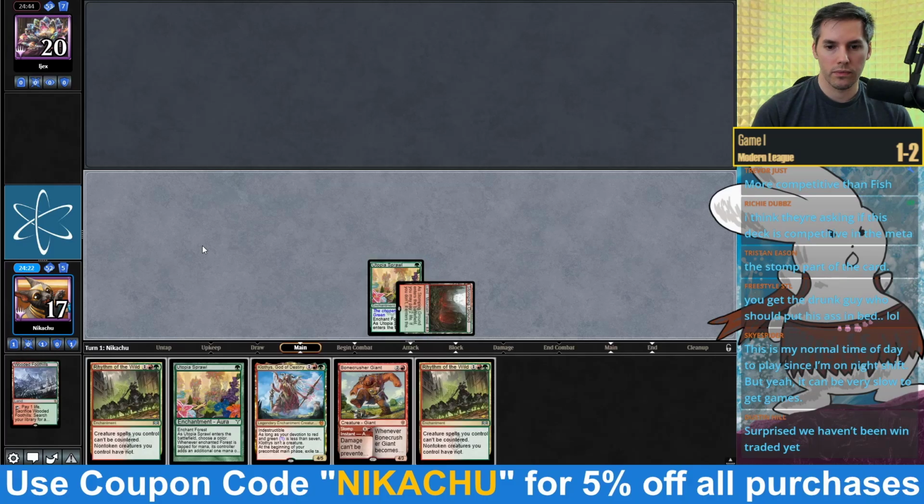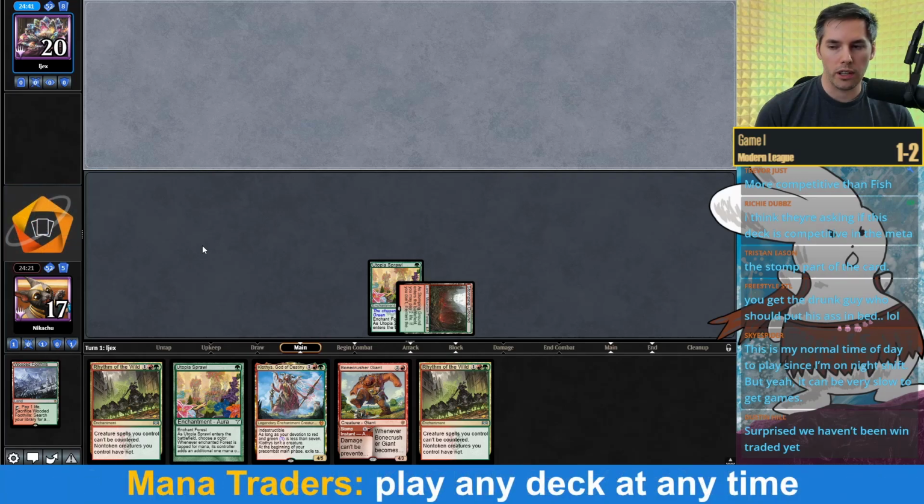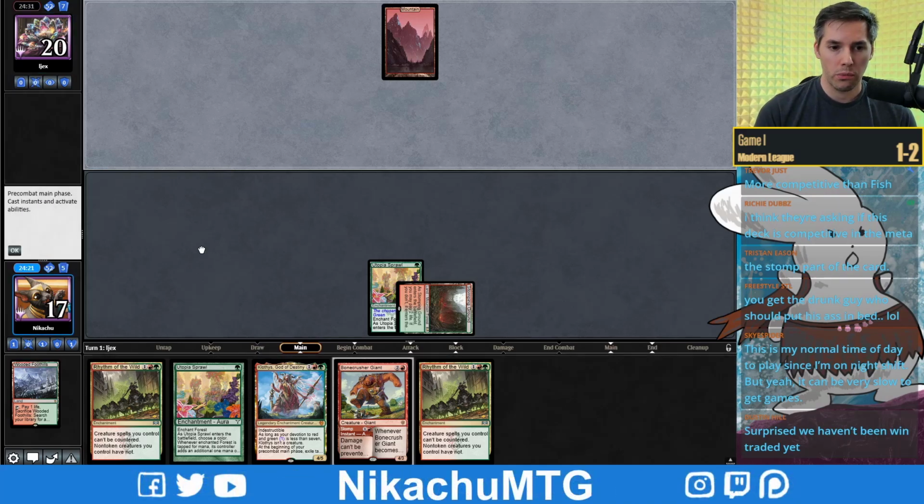Green. I mean, at least we have Stomp up next turn, if necessary. Surprised we haven't been win traded yet. I think that's really hard to do in Modern. It only works in the very small player pools like...